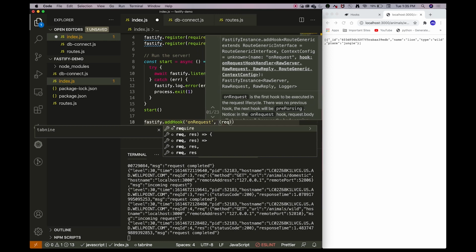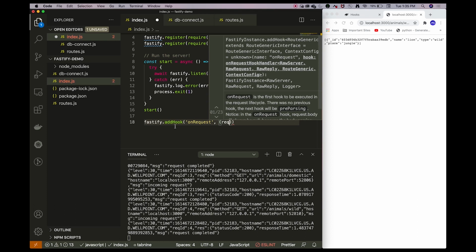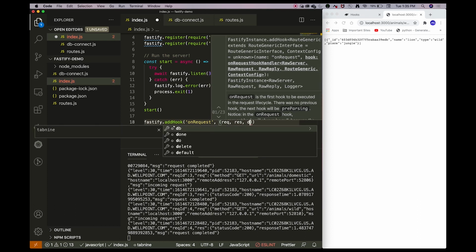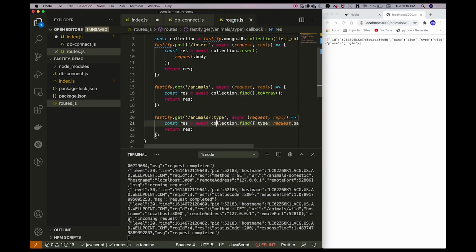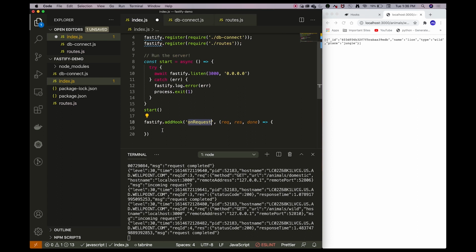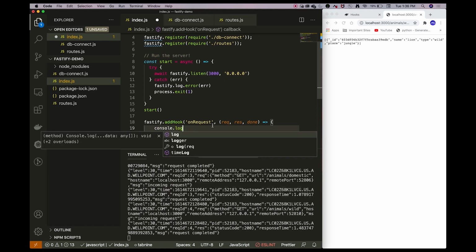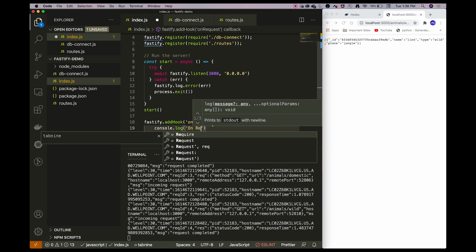Then I need to take three arguments, that is request, response and done. Request and response are parameters that we are already aware of. If a client application requests some information, then before executing the function of that particular route, it will execute this function. And here we want to print on the console, that is, on request executed.